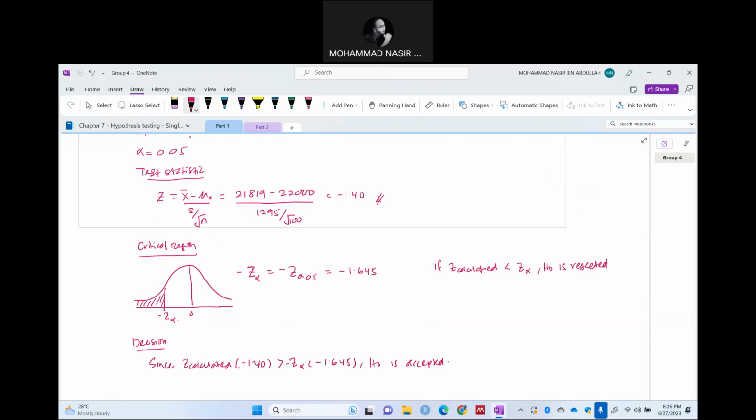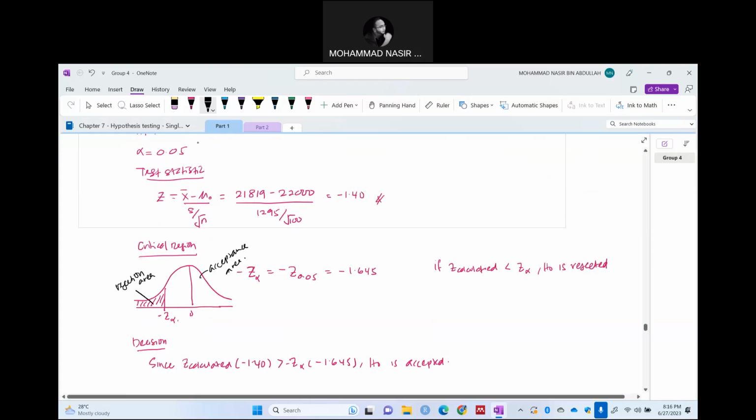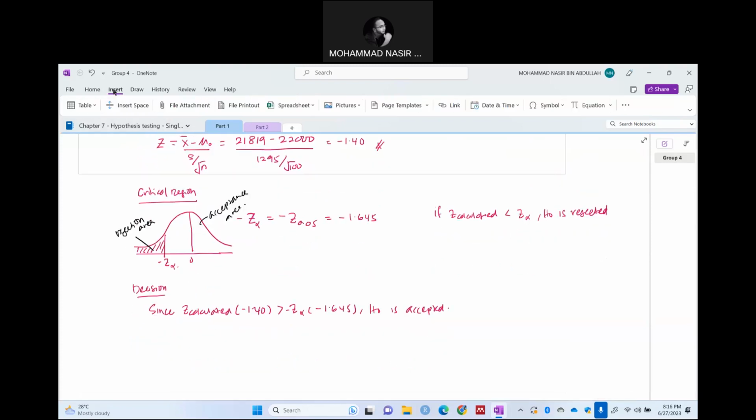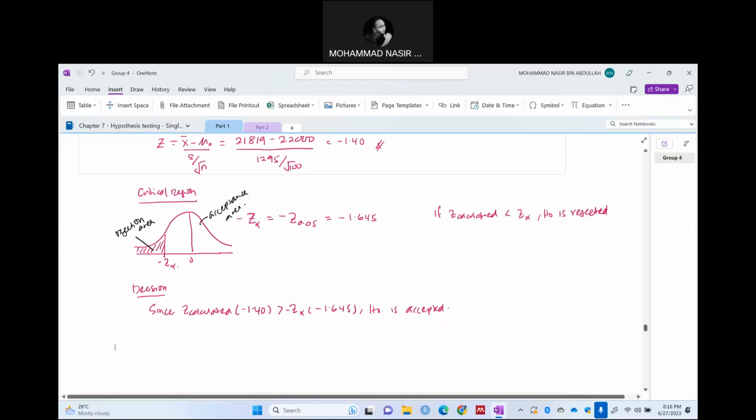The Z calculated value lies inside the acceptance area. This is the rejection area, and this is the acceptance area. Since we accept the null hypothesis, the conclusion will be